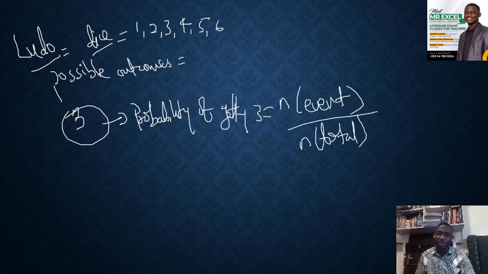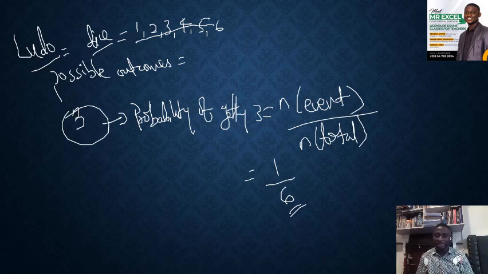So then we now come to the die. We first list the possible outcomes, but these ones have been listed here, so I wouldn't spend time listing them again. How many 3s do we have in the possible outcomes? We have only one 3. And what is the total number of outcomes that we have? We have 1, 2, 3, 4, 5, and 6. So we have 6 possible outcomes. So then probability of getting a 3 when you throw a die once is what? 1 out of 6. I'm sure it's very clear and very simple.